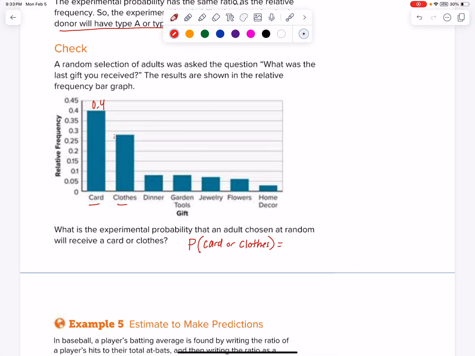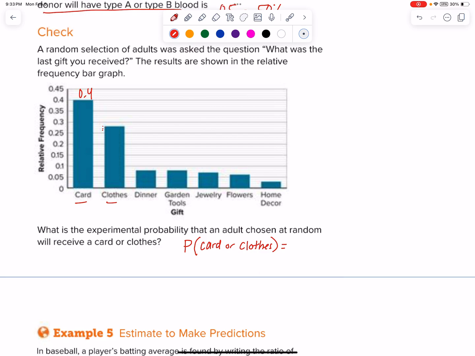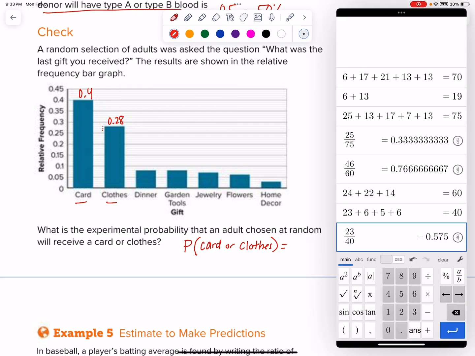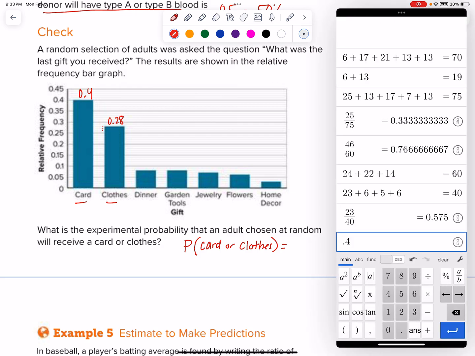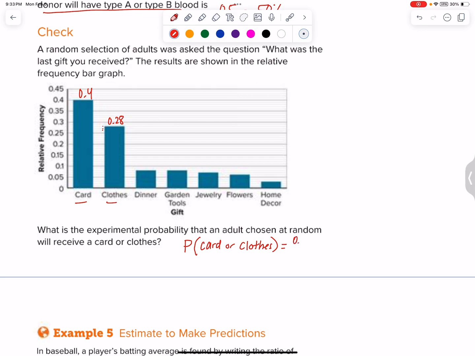So 0.28 it looks like. So let's go ahead and add those up. So we have 0.4 plus 0.28, and we have 0.68 is my focus. Out of the grand total, okay,